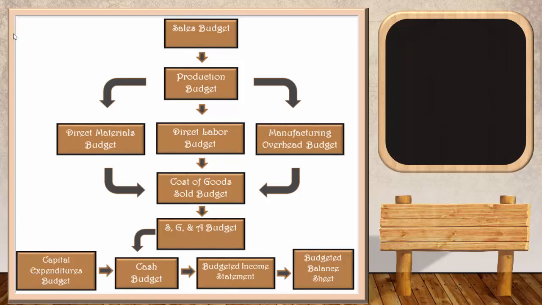The costs that are not related directly to production, your administrative salaries, your supplies expended by your administrative office, your rent on your administrative office, are all going to go into a separate budget called the SG&A budget, which stands for Selling, General, and Administrative. All of that information from all of those budgets we just talked about is going to flow into a cash budget. The cash budget tells you when your inflows of cash are going to be and when your outflows of cash are going to be, so the amount of cash you plan to have at the end of each period